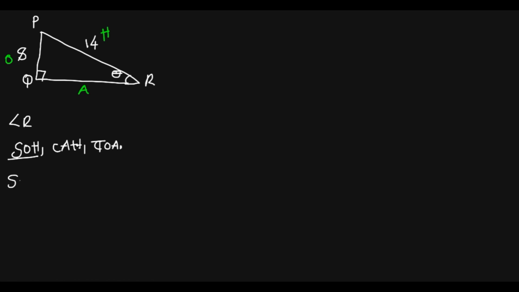So this is sine theta equal to opposite divided by hypotenuse. So sine, the theta we are solving for is r, the opposite is 8 over 14. So let's now divide. If I divide 8 divided by 14, I'm getting this number